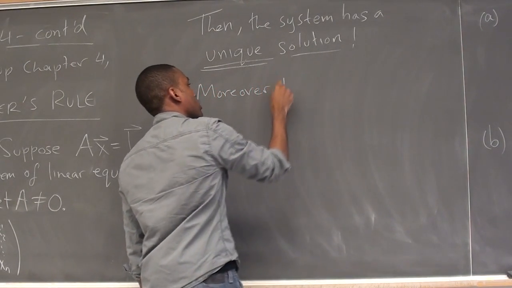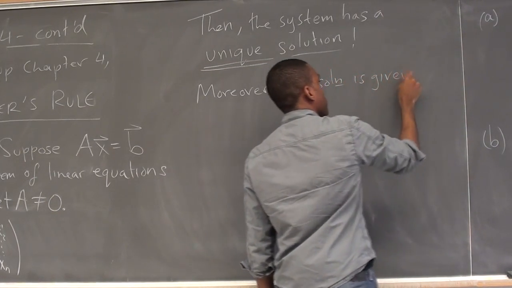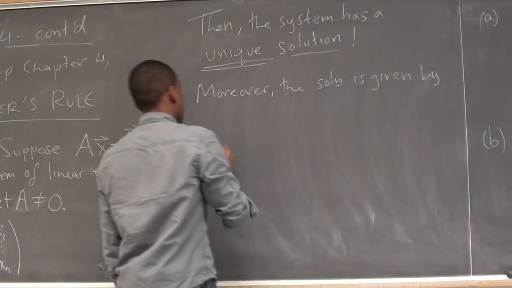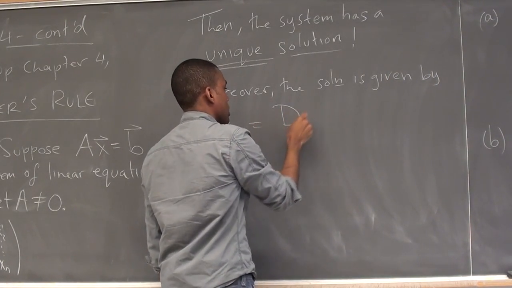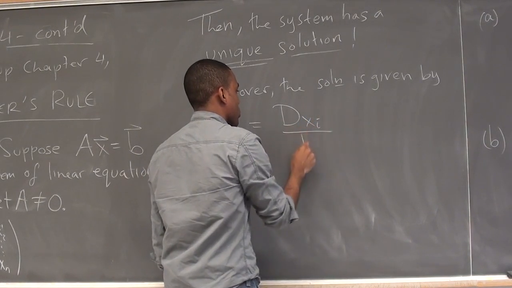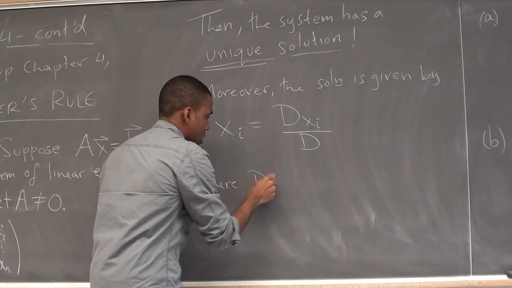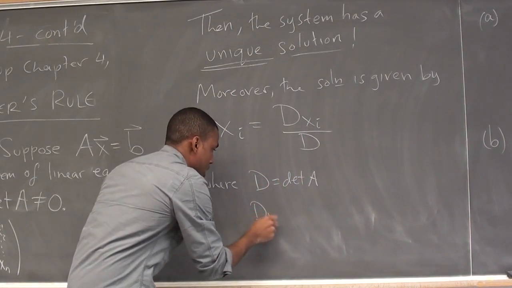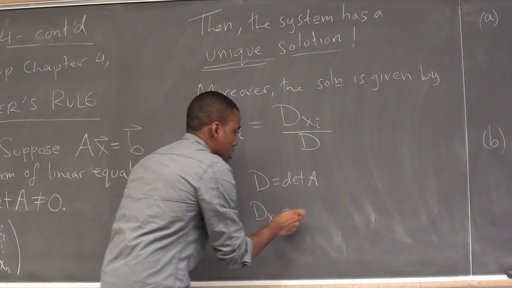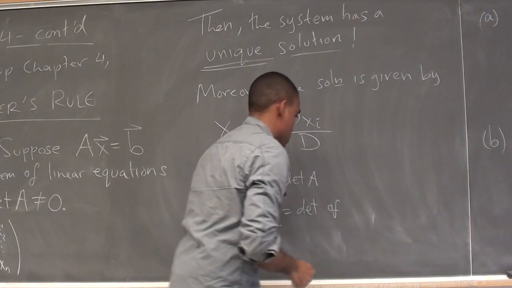Moreover, the solution is given by xi equals dxi over d. Here, d equals the determinant of A, and dxi equals the determinant of